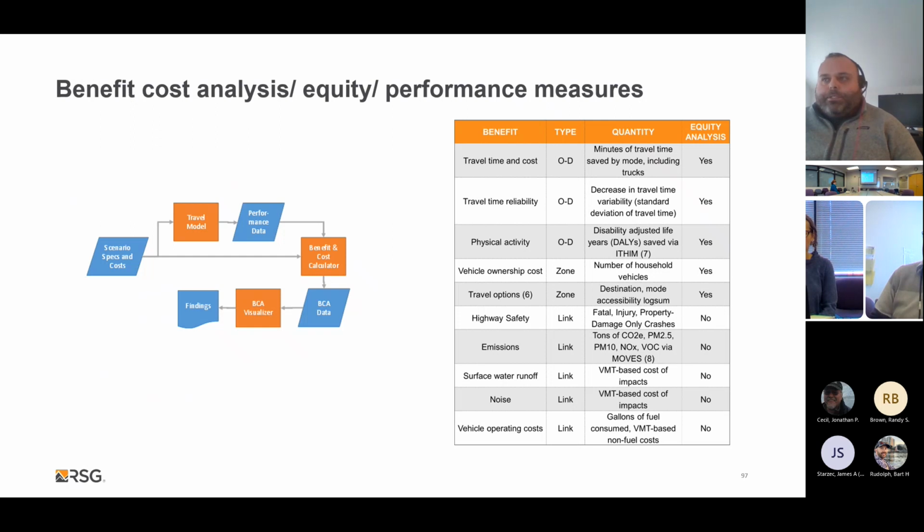And the travel demand model is a huge component of coming up with these, because it has origin destination impacts, we have zone-based impacts, and we have link level impacts. And so this ends up being a really cool way to help align the travel demand model to the performance measures, or the adopted performance measures that the MPO might have, and get to more impacts that are beyond just the standard VMT, vehicle hours traveled type of analysis, or vehicle hours delay.